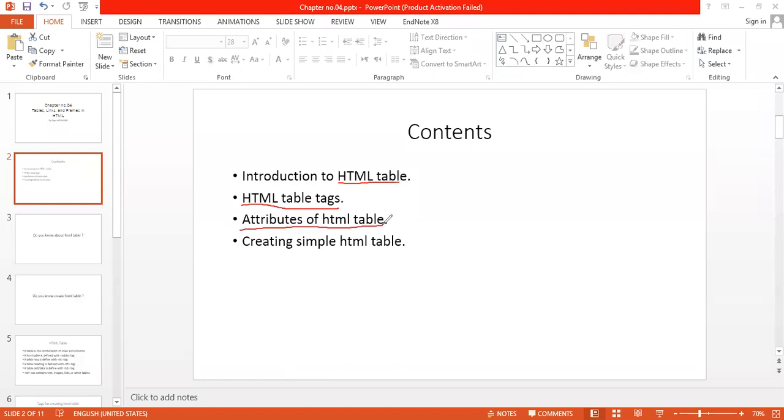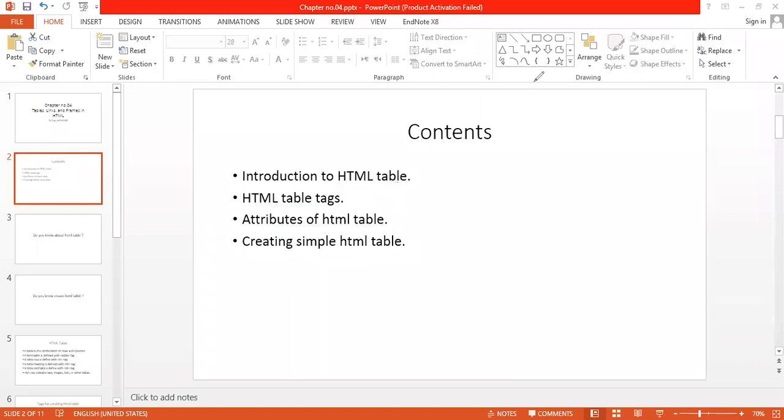What are the tags that we will use for creating the table, and what are the attributes and properties that we will use for the HTML table tags? Then we will create a simple HTML table.